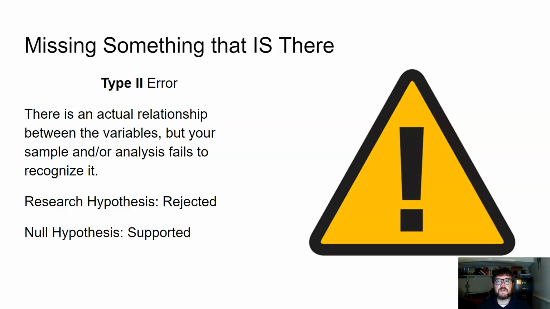Typically, frequentist statistics consider this to be a less severe type of error, because if you miss something that is there, that means that it's probably not that strong a signal, and so it might not have as big consequences as seeing something that's not there. And a lot of times that's because a type 1 error leads you to change the status quo, and a type 2 error leads you to keep the status quo. And if the status quo was already doing well enough that you could afford to do statistical analyses, then it couldn't be totally awful.